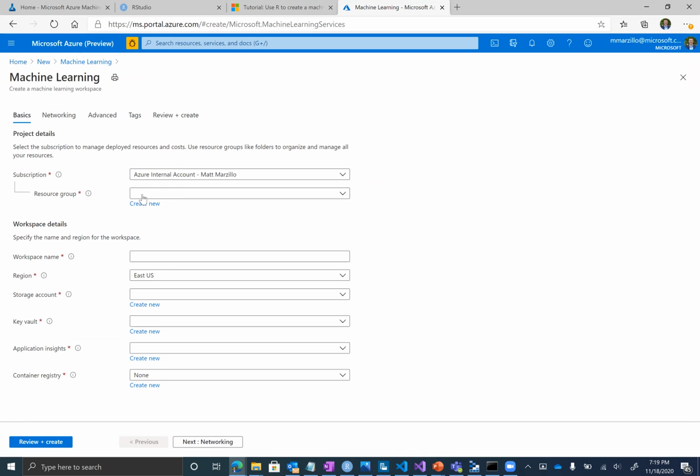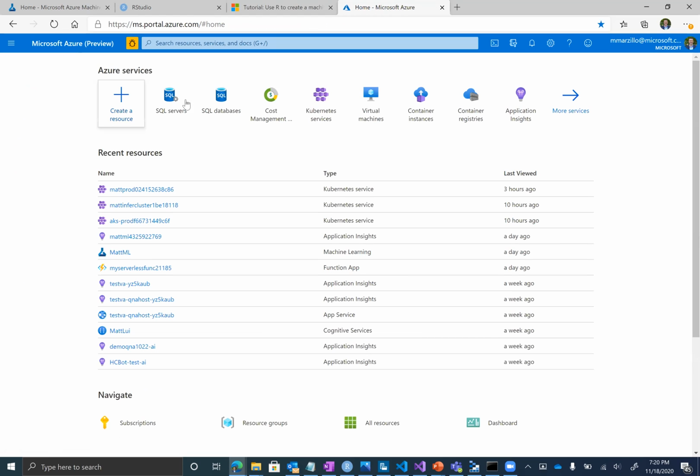And then you can group resources together into a resource group. So you might have this machine learning studio that you're standing up, and you might want a Databricks environment because you're going to be going back and forth with them. You can keep them together because you're working on the same set of use cases. But everything is done right here via this Azure Services panel. You can see here, earlier today I was playing around, creating some SQL servers and putting some databases inside of them and things like that.